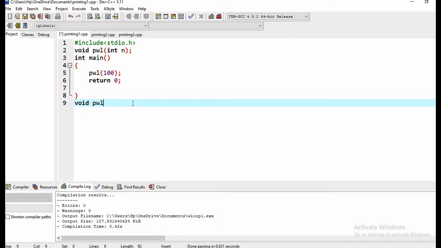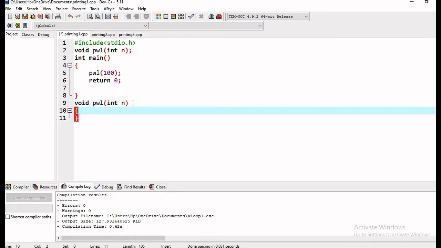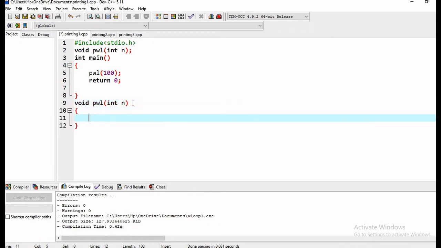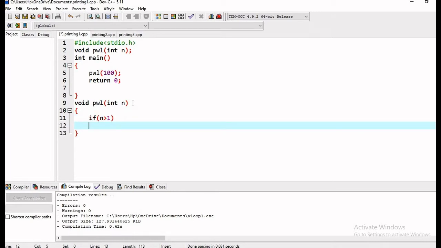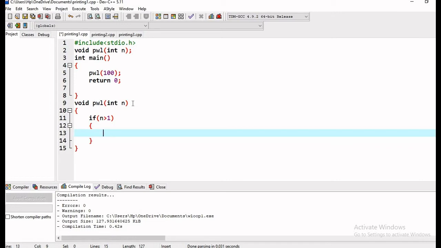This is very simple, and then we will use an if condition here. If n is greater than 1, because we have to print numbers from 1 to 100, and here I am using tail recursion.